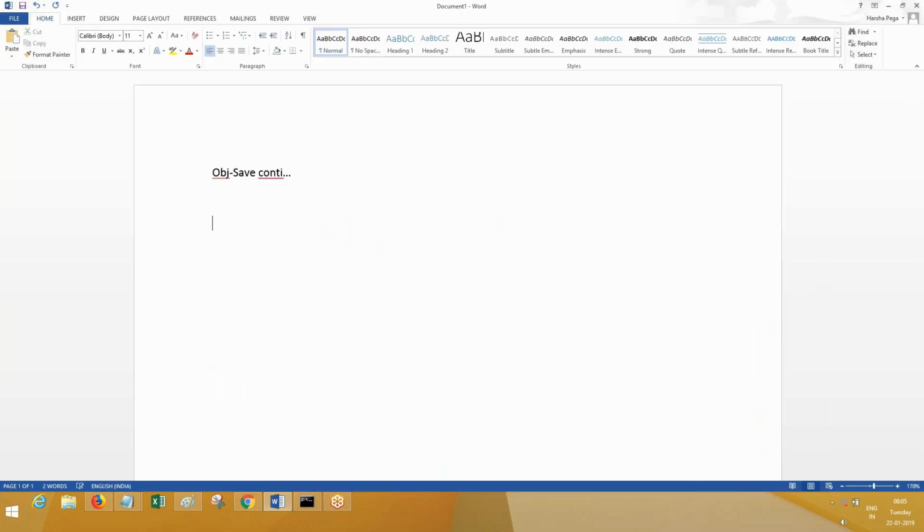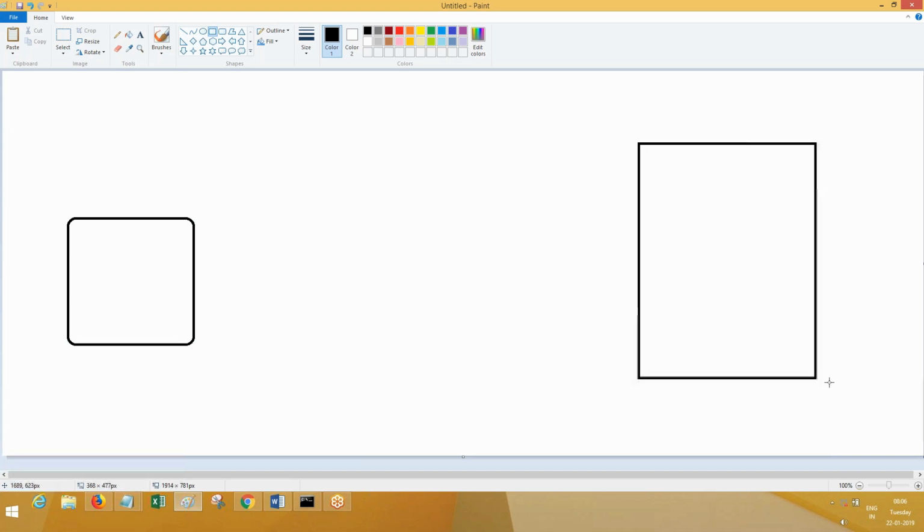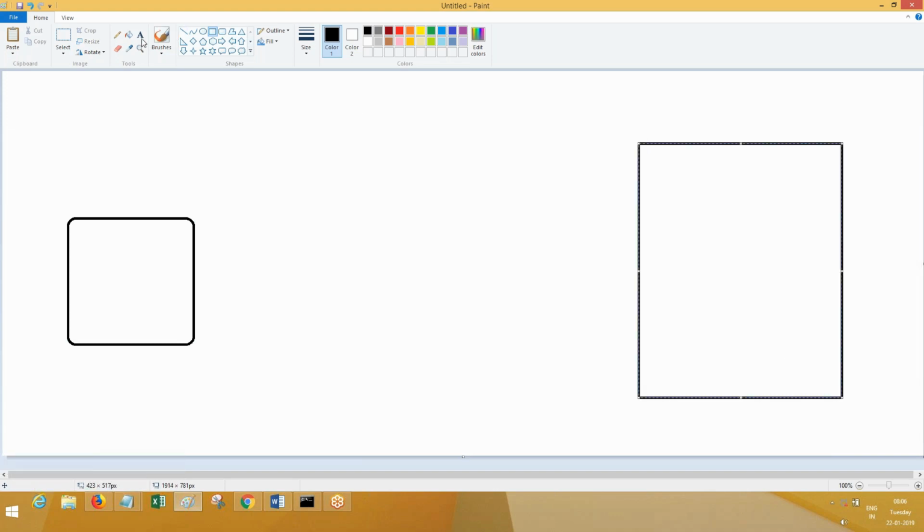OBS save continuation, just understanding now. So exactly if you look at OBS save, how does it work? Suppose this is the PRBC application, let's say front end, and this is the back end, some table. Consider your work object table.